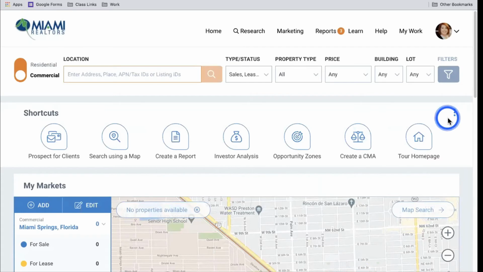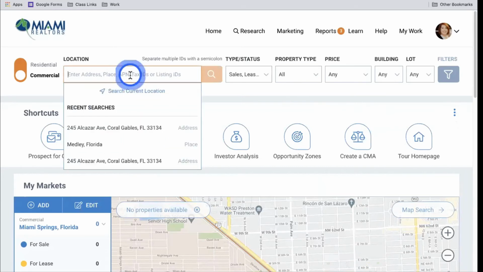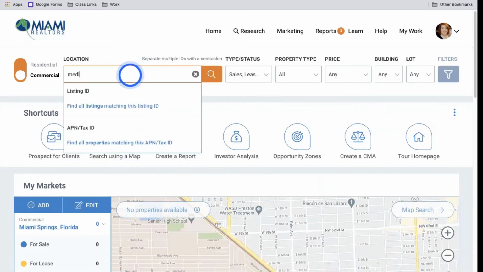I can also use RPR to pull listings. So RPR has partnered up with Crexi and Bermudas. They also have commercial MLS data. They have commercial listings. And so you have a wealth of information here for commercial that you might not have elsewhere. So for example, if I'm looking for warehouses in Medley, I can go ahead and I can say Medley,